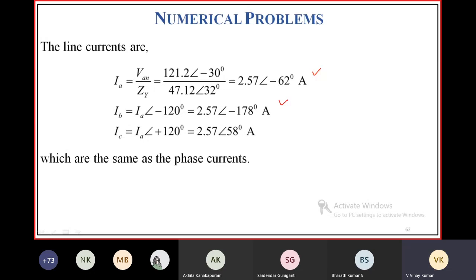Similarly, IB is equal to IA at an angle of minus 120 degrees. All are equal in magnitude but displaced by an angle of 120 degrees from each other. Otherwise, you can also solve this IB like this: IB is equal to VBN by Z. What is VBN? VBN is equal to VAN. What is VAN? 121.2 at an angle